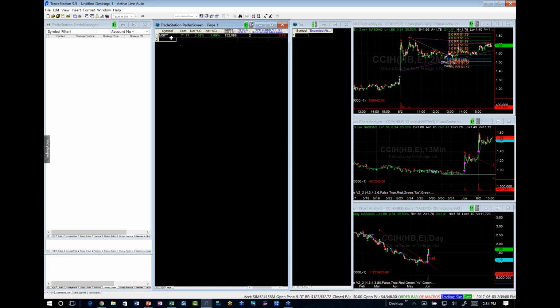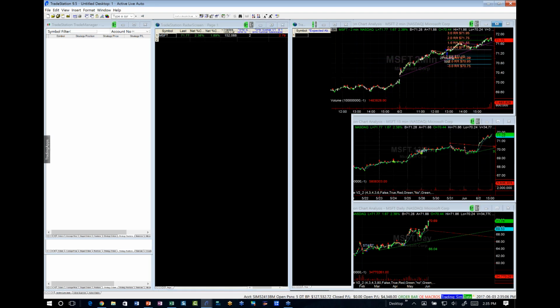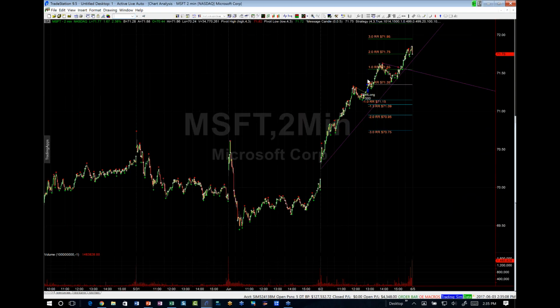If I want, I can click on the symbol and it will actually show the entry point. So you can see here, there was the entry signal on Microsoft. And there was the reward for risk lines. This is all generated by the computer. I used to do this manually, but it's a very repetitive task. So with some help of some great programmers, I was able to program it all, and that's what you'll see on Monday.